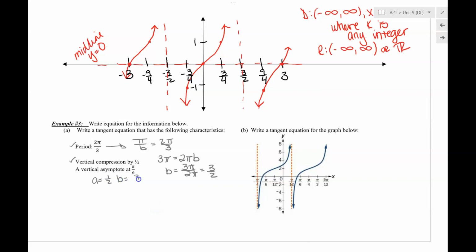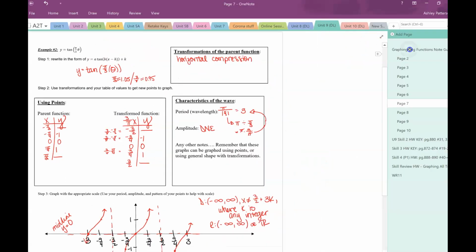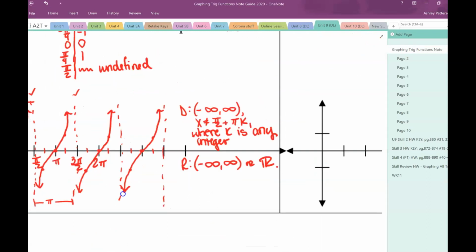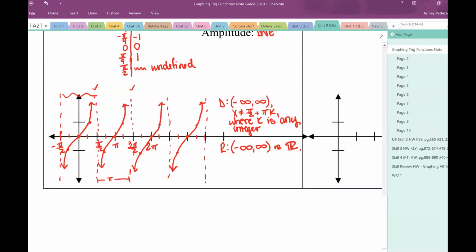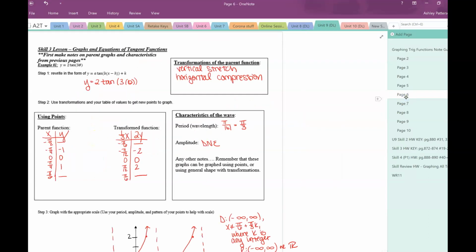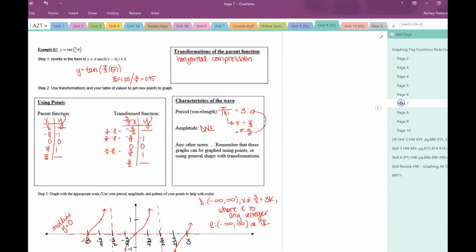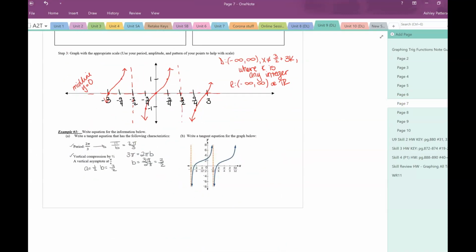B is 3/2. And then we have a vertical asymptote at pi over 6. Okay, go back to the original parent function. Our first asymptote is at pi over 2, and it was 2 tick marks out. Okay, 2 tick marks out. If you need to, write that down so you can remember. The first asymptote